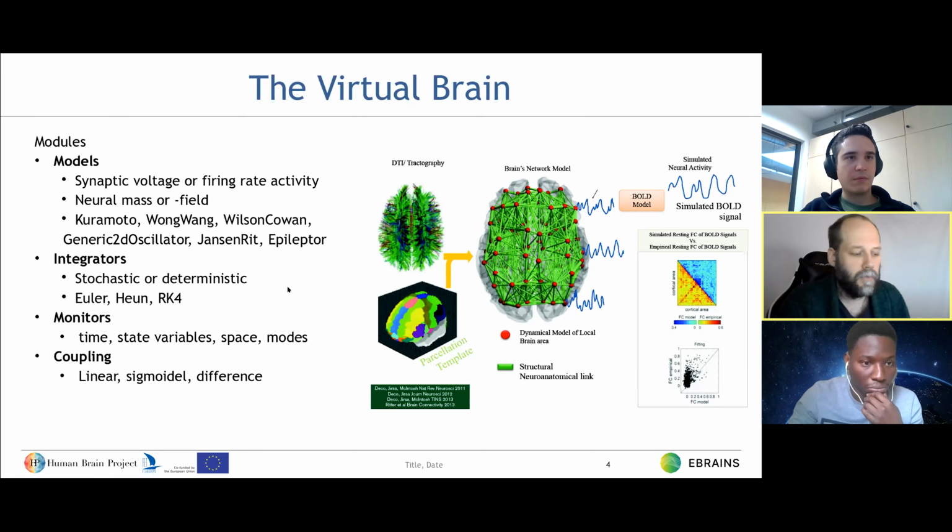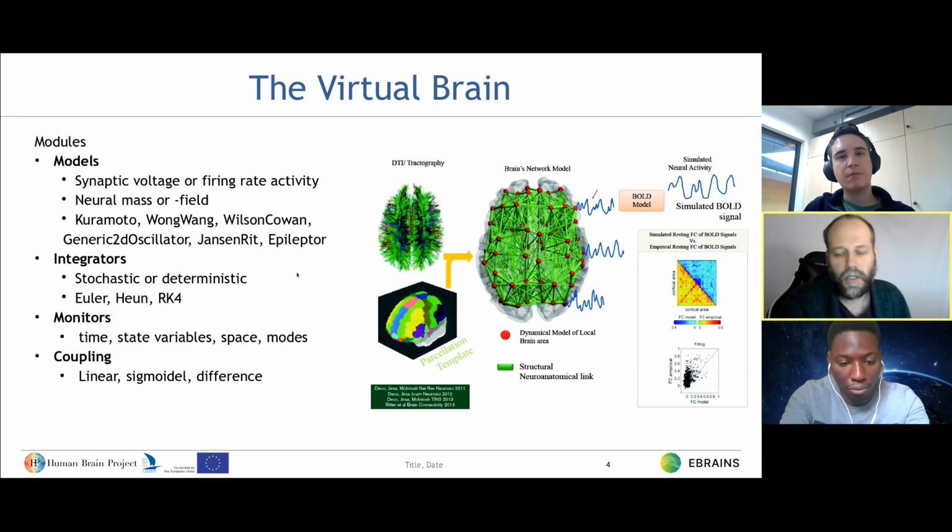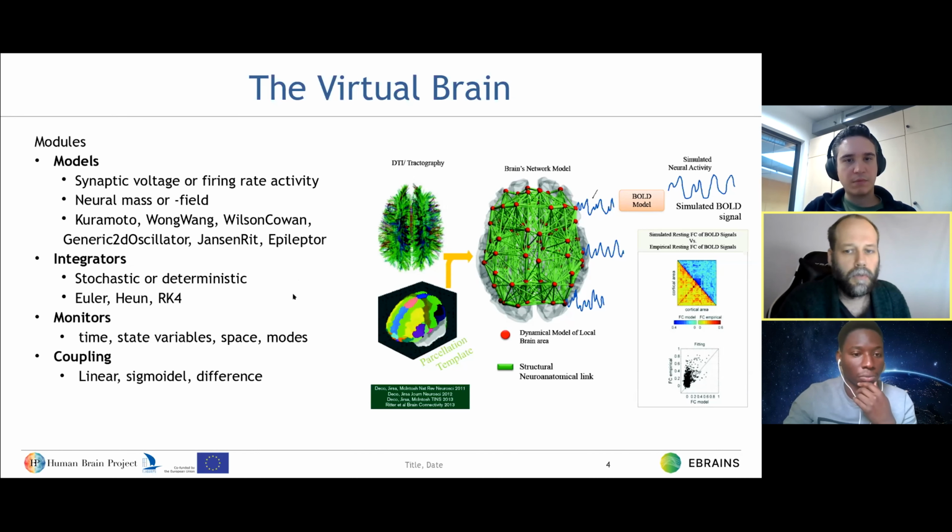This can be from a human brain atlas, for instance, which is then loaded into the simulator, connecting these dynamical models of certain brain areas together, using this detailed connectome. And then for a simulation, these modules that I've listed on the left side are the minimal models that you need to set up for a simulation. And also with RateML, you can address those modules.